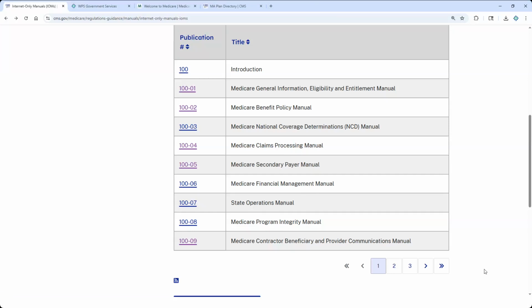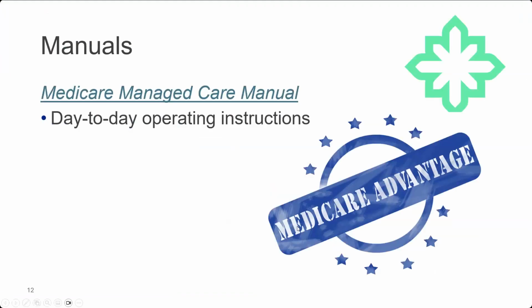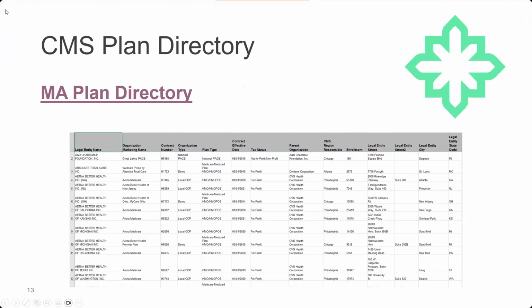Another very important item on the CMS website is on the slides, and it's on your next slide. This is the CMS plan directory. I had a lot of questions come in about, I don't agree with how they're processing claims for Medicare Advantage. I don't agree with why they're saying this is a denial. How do we fight the Medicare denials? They're not using certain modifiers. They're not following the Medicare rules, all of that.